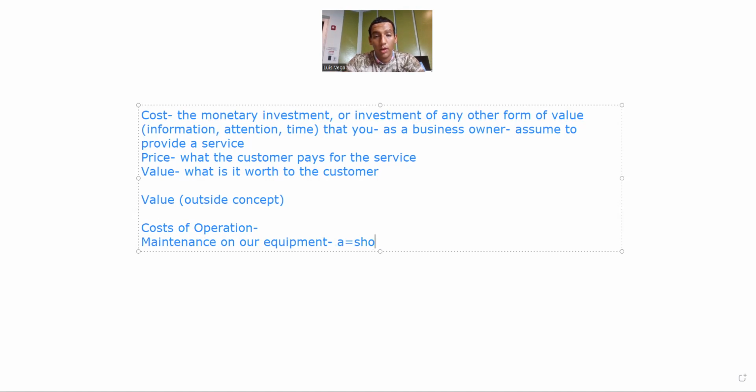This is shop vacs. This is extractors, steamers, towels, which I know those don't really need maintenance, but if you consider washing them maintenance, you still have to pay for laundry detergent, you have to pay for maintenance on the machine they use to wash them, or laundromat, or whatever method you're using to wash those towels. So it's all an expense in some way or another. You have to account for it.